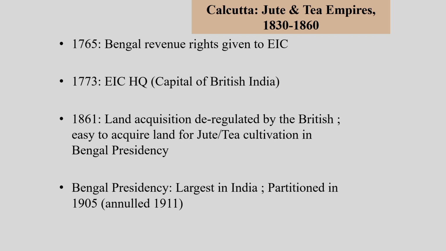This greater acquisition or sequestering of landed territory was made possible through law. So the deregulation of the lands in and around Calcutta by the British establishment made possible the use and exploitation of that land for different kinds of purposes. So the greater availability of land for jute and tea cultivation in the Bengal Presidency, including the city of Calcutta,